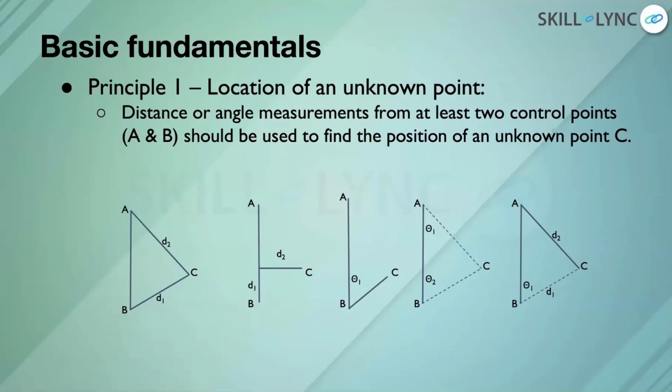Sometimes more control points are used to find C because, as I said, these measurements are prone to human errors and sometimes even instrument errors. So generally, you repeat these processes at least 3 or 4 times to get the average of the location, and then you use that. And sometimes, if it's a bigger project of state or national level importance, then multiple control points are used to locate the same point and just to cross-check if that point is completely correct and error free.